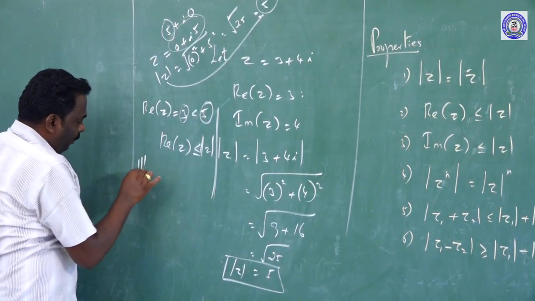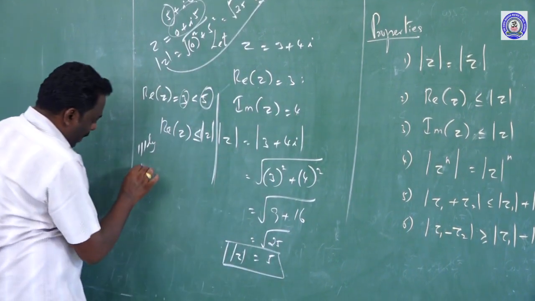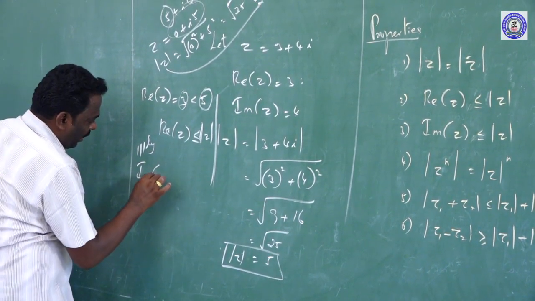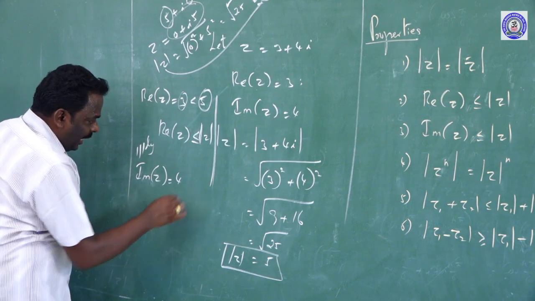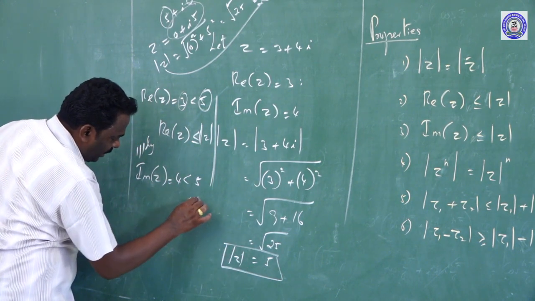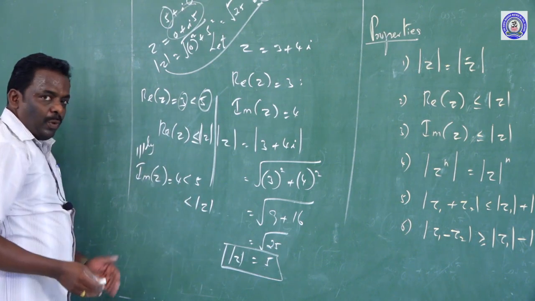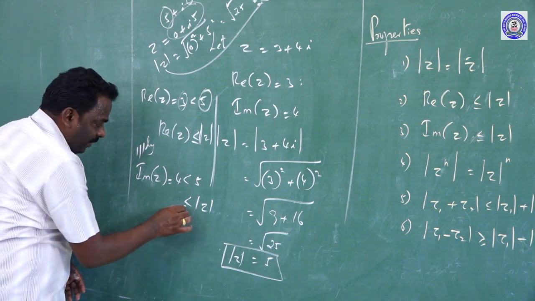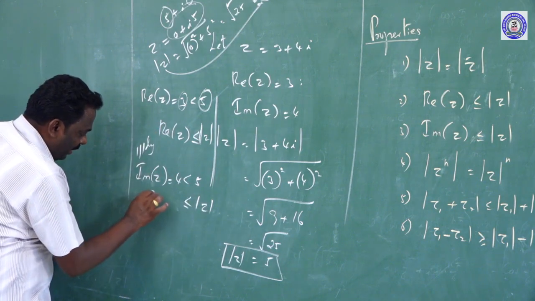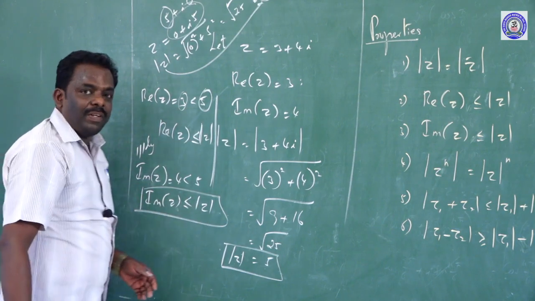And similarly compare its imaginary value. What is the imaginary value? It is 4. Imaginary of z is equal to 4, which is less than 5. What is 5? 5 is the modulus. Therefore, it is less than modulus of z. So the less-than condition is satisfied, and for one of the complex numbers it satisfies equality also. Therefore, imaginary of z is less than or equal to modulus of z.